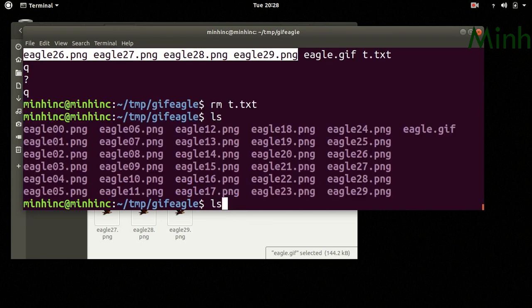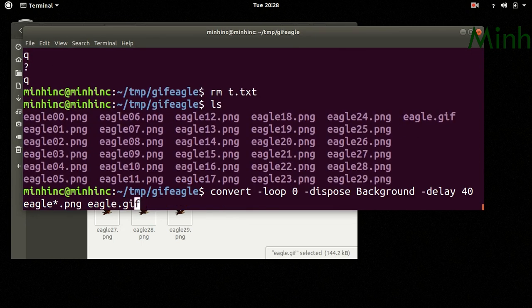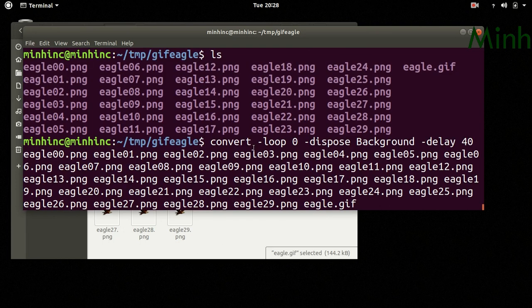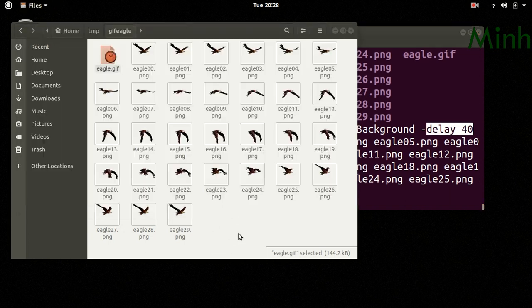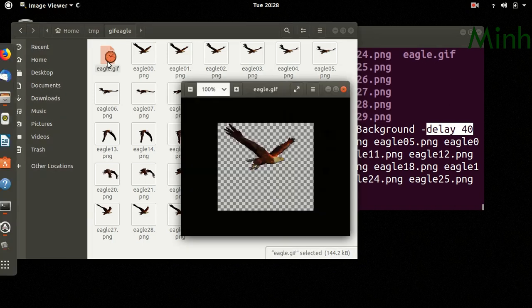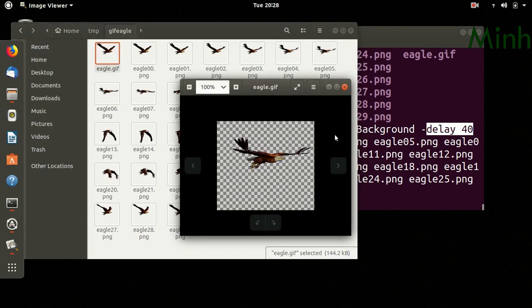It is as good as typing like this. It is the same effect. Delay 40 is for each frame, so it is the same thing. It is quite slow, as can be seen.